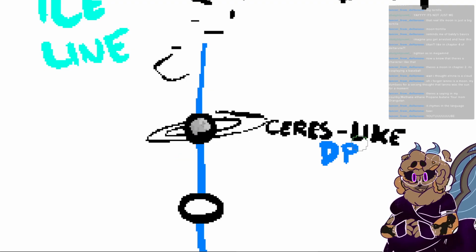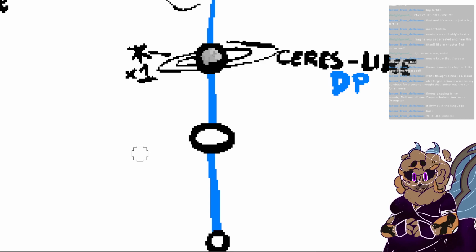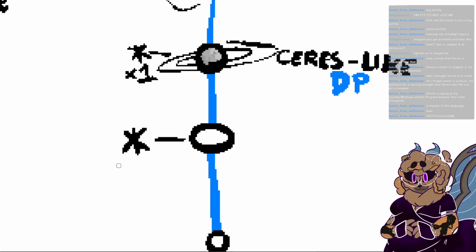DP. And I will give it one little asteroid moon, because it deserves it. It'd be cool. And then this little egg-shaped one here, I will give three little asteroid moons. I'm just going to call this one